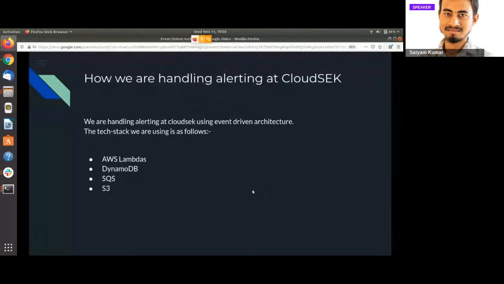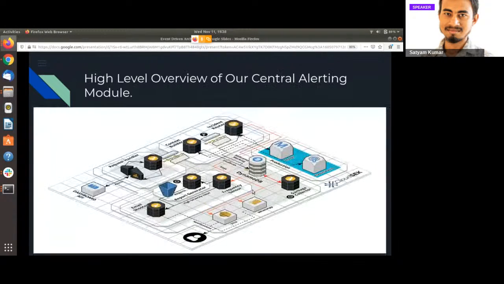We are using the special queuing mechanism provided by Amazon, Simple Queuing Service, SQS, and S3 for storing whatever files we need to store. This is the tech stack we are using for handling the alerting system at CloudSEK, and in the next slide we will know the details of the architectural design.